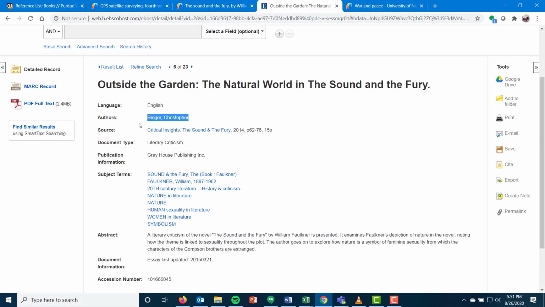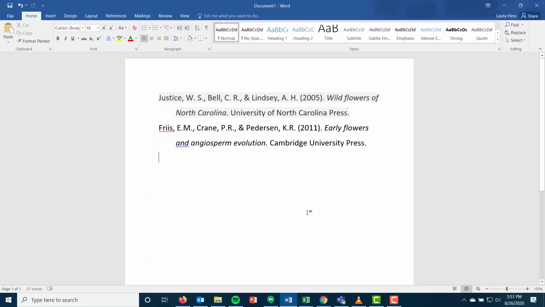So for this, if we wanted to cite just this chapter out of this book, this is going to be more like citing an article out of a journal than it is citing just a book, but they're very similar for that. So first thing is listing the author. So you have this author, Christopher Rieger,